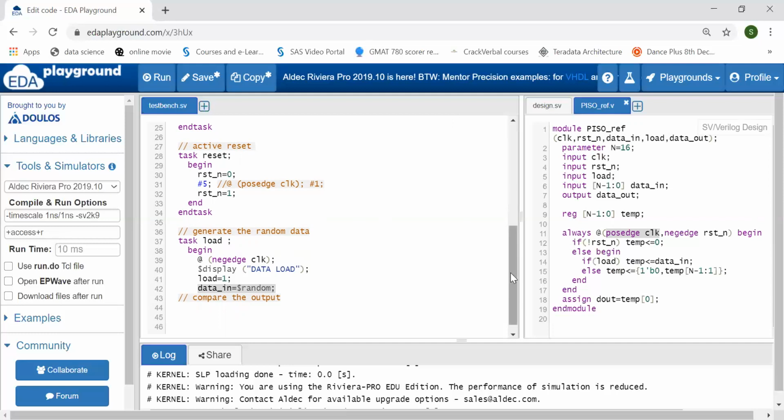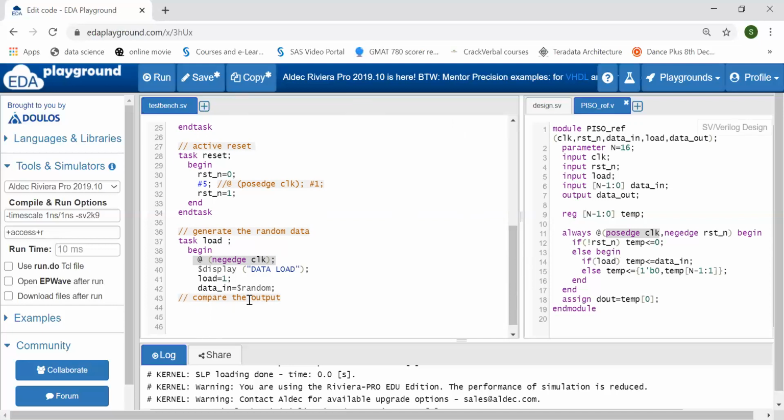So to avoid this race-around condition, I am writing @(negedge clock) here. That means first the test bench data will change, and then when there is a passage of clock, the DUT will take the data. It means during the passage of clock, I am making all my inputs constant, so that my DUT can sample the signal properly. This is just to avoid the race-around condition between the test bench and your design. In SystemVerilog, we have the program block and the clocking block to do this.